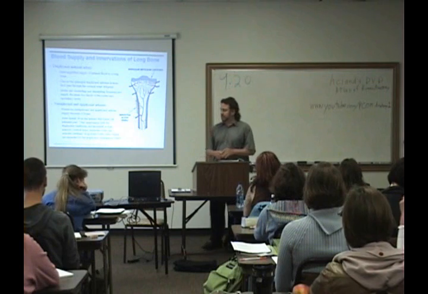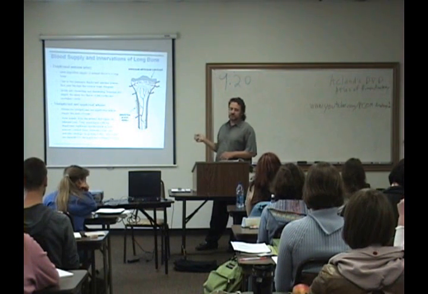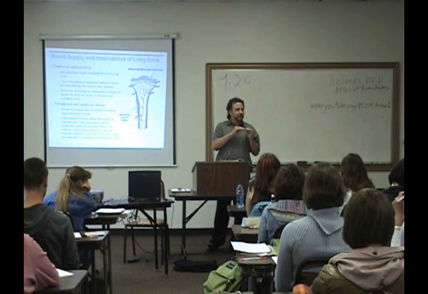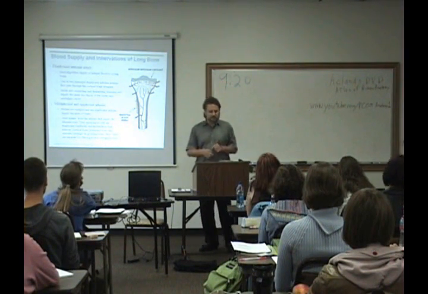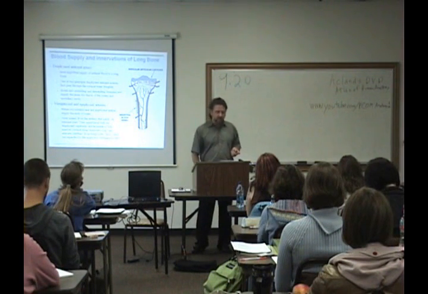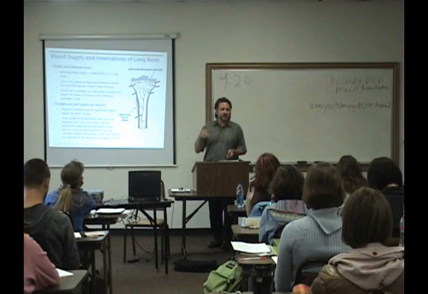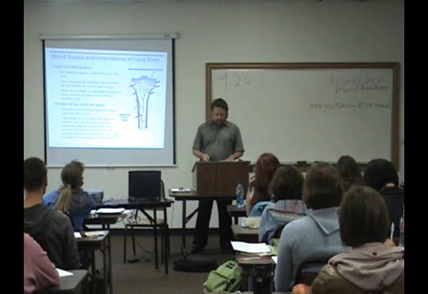So if we're talking about the diaphysis and epiphysis, obviously they're separated by cartilage, so they're each going to need their own blood supply. So you're going to have diaphyseal nutrient arteries and arteries that go to the metaphysis and the epiphysis. So the diaphysis is most important